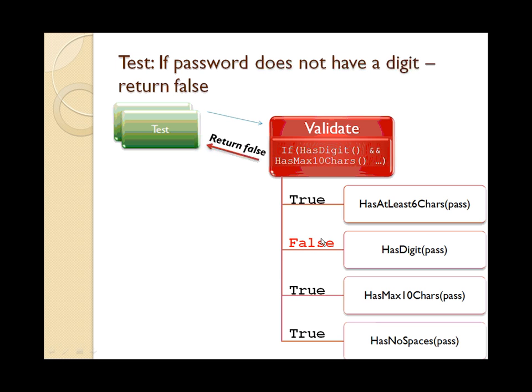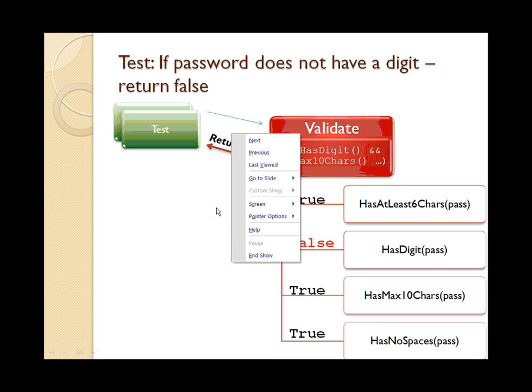I just want to simulate the fact that hasDigit returns false. So my test needs to simulate that. And to do that, our test is going to have to create a class that inherits from the class that contains all of this. So if I'm going to use some drawing tools here,